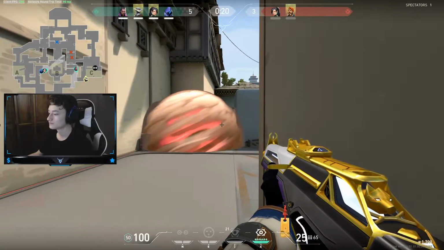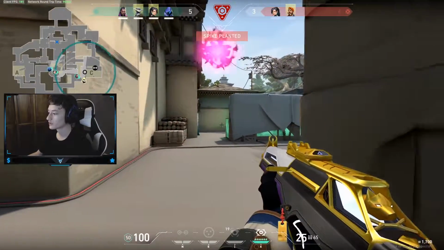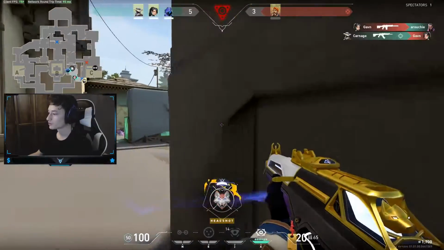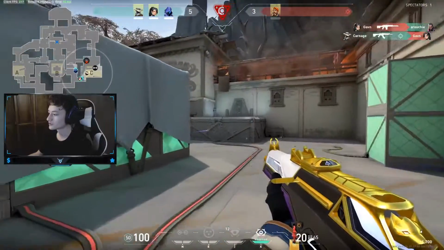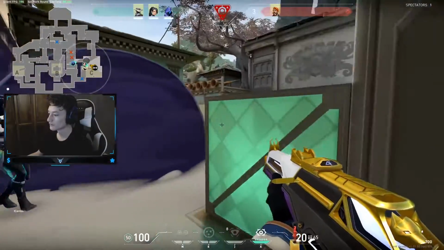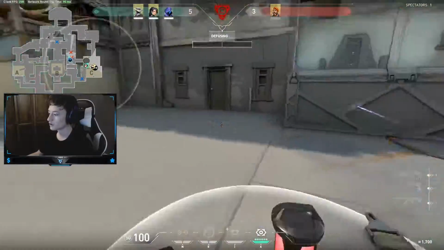I hope I get one in my tripwire. That's the goal. I'm not in a great position here, so I want to kind of back off a little bit. I'm kind of just waiting for that tripwire. I get the trade on the first. Now, we know the last one's probably going to be playing long. He had an op earlier, so he's definitely just opping long. So I'm just going to